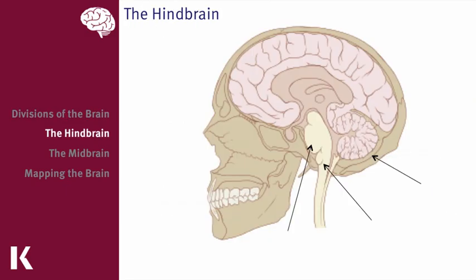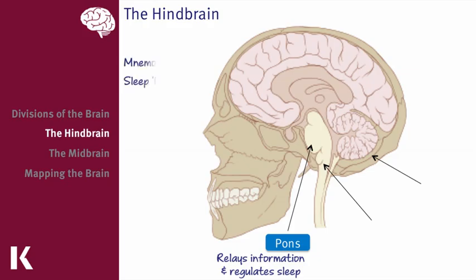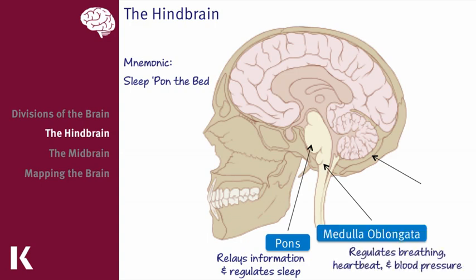There are three regions of the hindbrain that we want to remember for our MCAT. The first being the pons, which helps to relay information from the spinal cord to the appropriate part of the brain and also regulates sleep. It's nice to remember that we prefer to sleep upon the bed. The medulla oblongata is essential for survival, and it's useful to remember